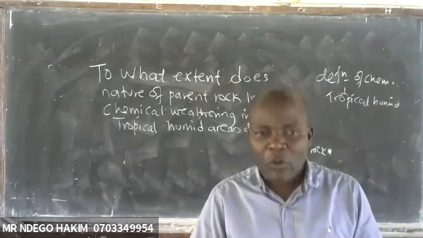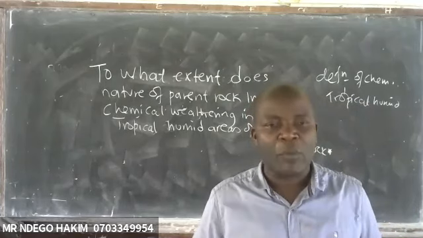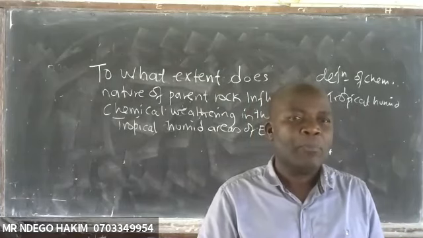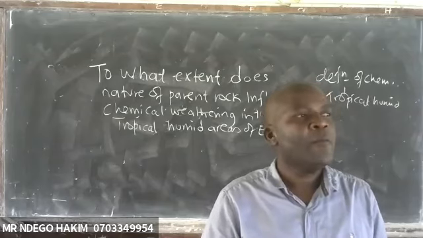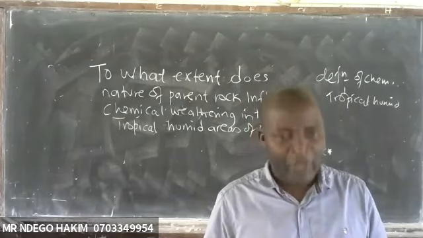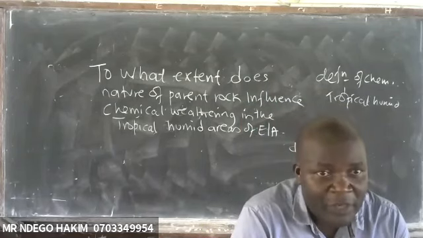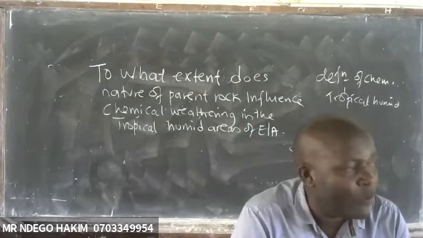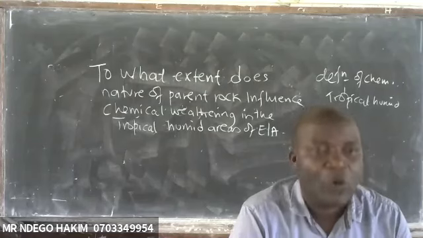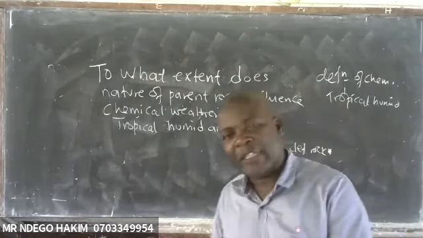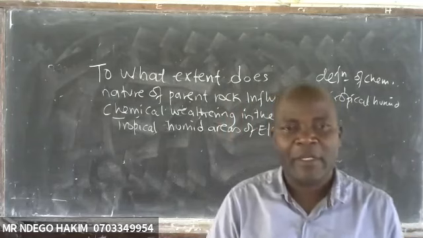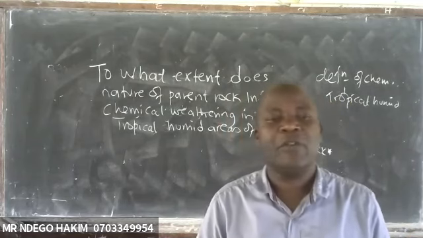Nature of parent rock, you go to permeability, jointing, mineral composition. Then you say, however, there are other factors that influence chemical weathering in tropical humid areas apart from nature of the parent rock. Then you bring in climate, living organisms, time,